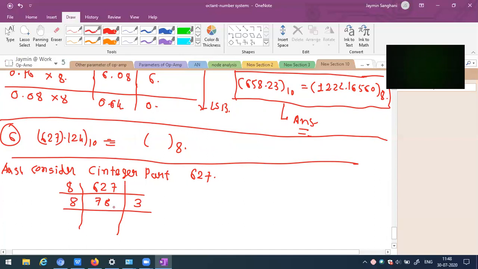Now again, 8 sevens are 56. See this, 627. 8 sevens are 56. Remainder is 6. 67. 8 eights are 64. Remainder is 3. Similar way,